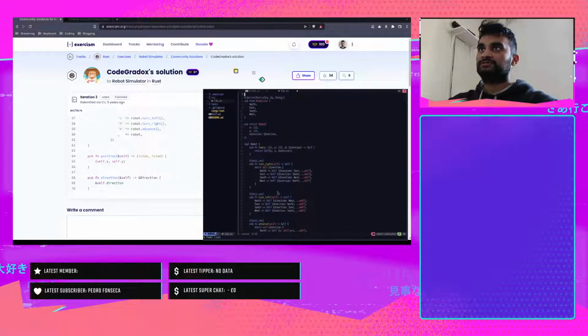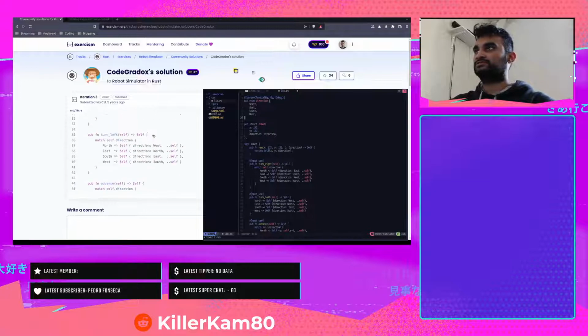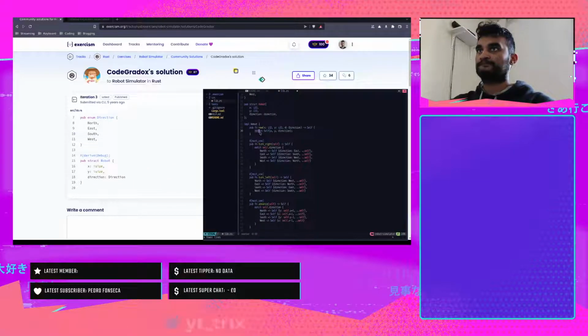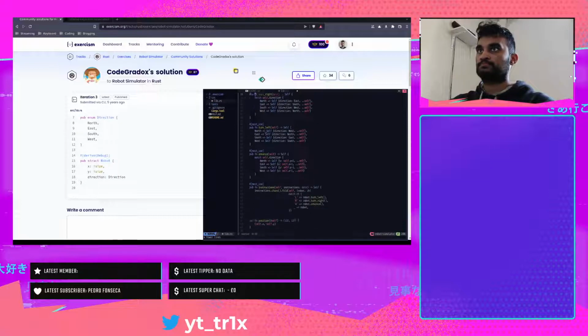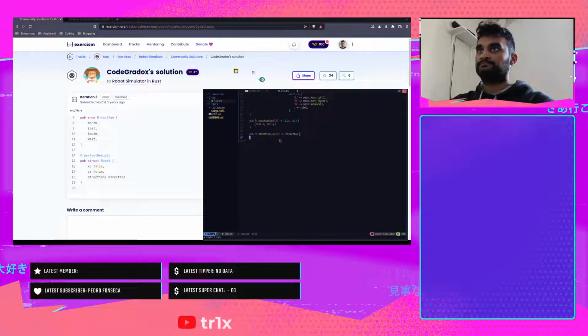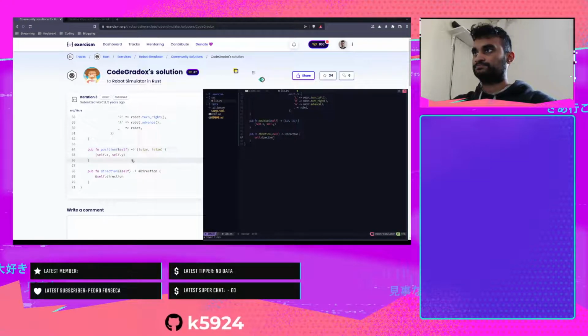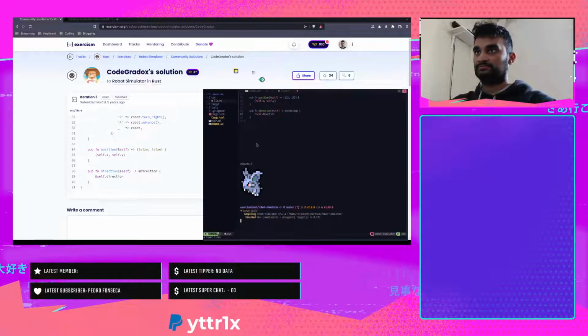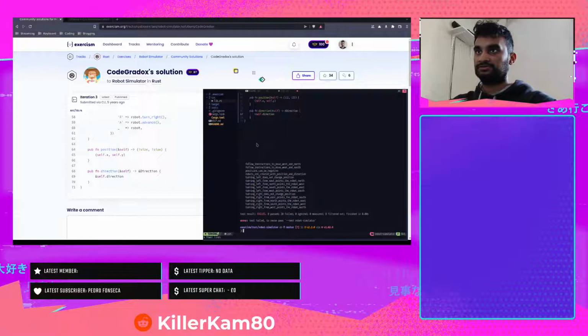Let me just make sure I didn't have an extra return in the pop. Yeah, I don't even think I need that return, do I? Yeah, I don't. There we are. And then down here is just self.direction, right? And because it's a string. There we go. So if I open up a horizontal terminal, cargo build, there we are, cargo test, include ignored,